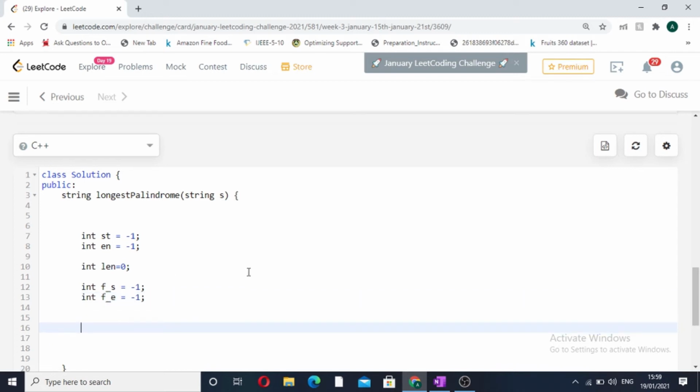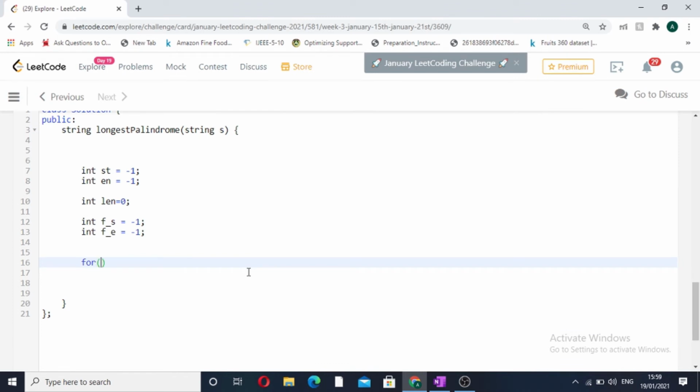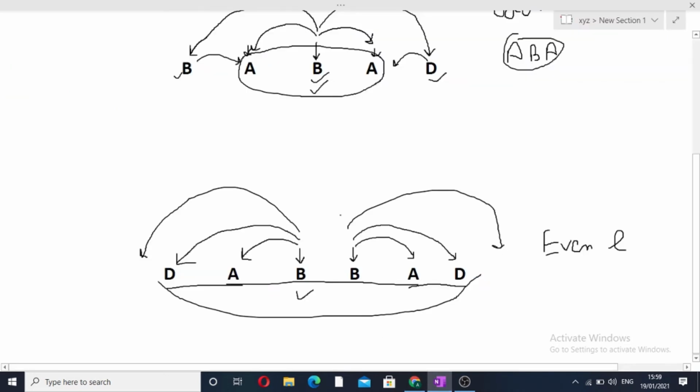Now we will simply iterate over our input string, from 0 to s dot length, I plus plus. As I have told you earlier, for every index we have to calculate the maximum odd length substring and the maximum even length substring.